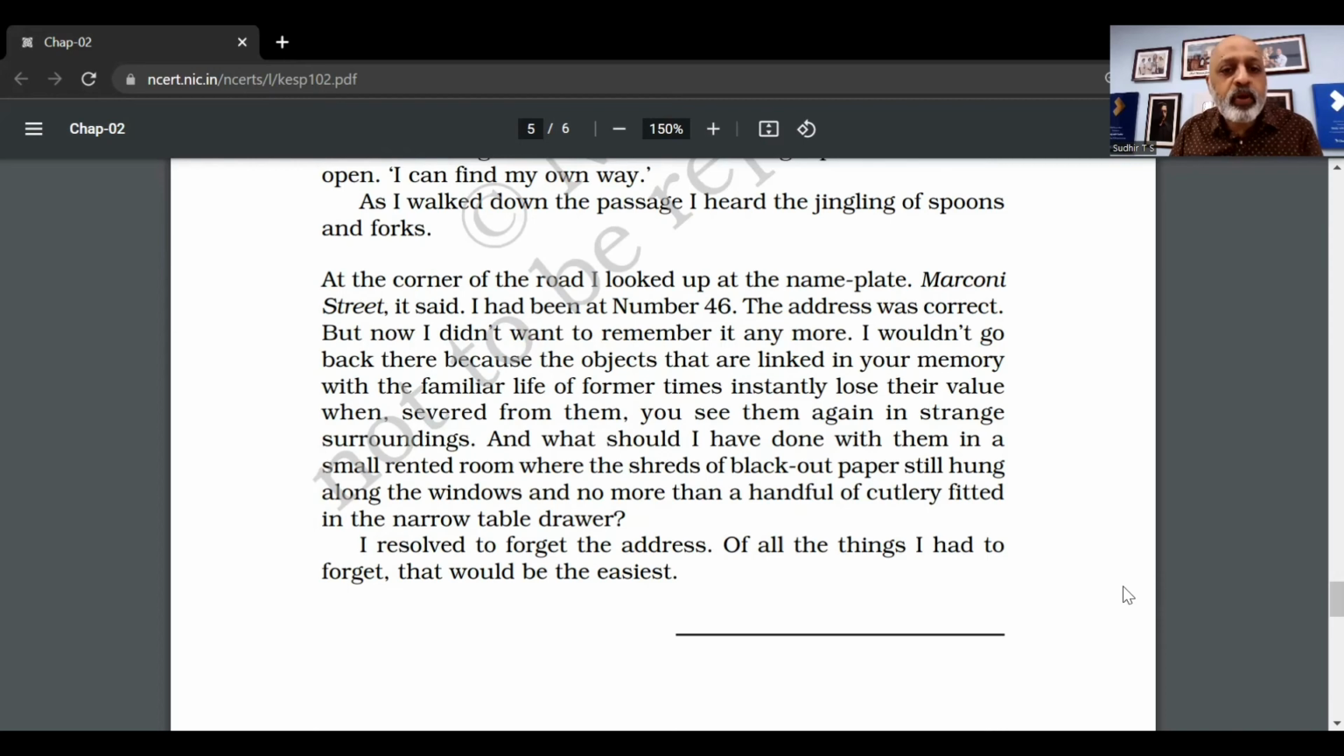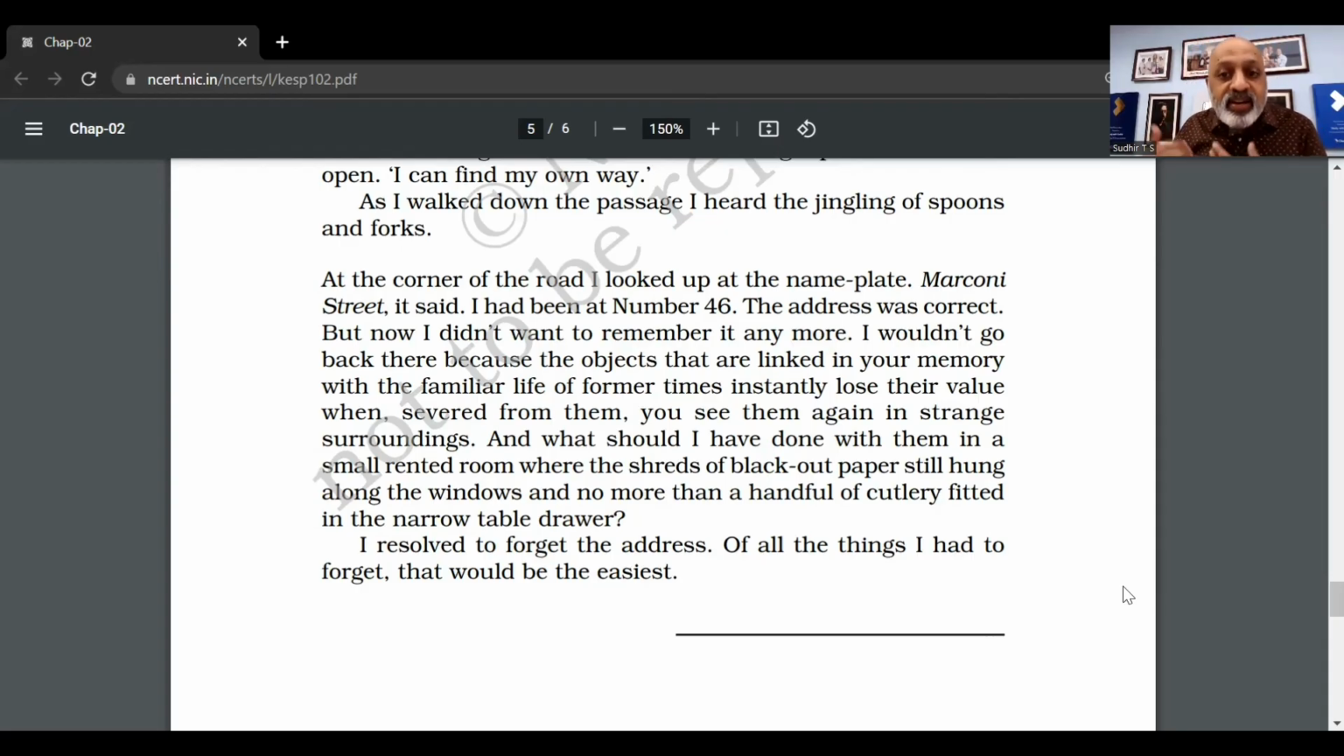I wouldn't go back there because the objects that are linked in your memory with the familiar lives of former times instantly lose their value when severed from them, when separated from them. You get to see them in strange surroundings. This is the operative part. So if you're asked a question about why the narrator left behind all the objects,